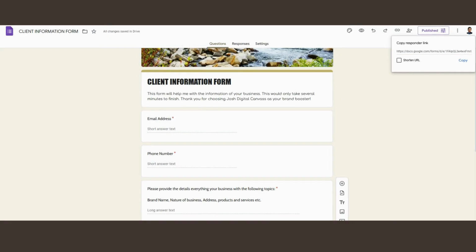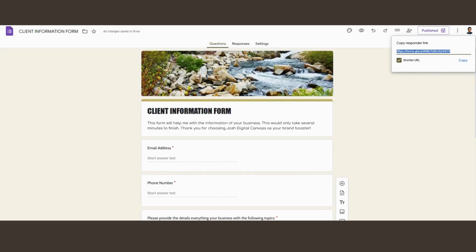So after you publish it, it will give you the link. Let's say you want to shorten it, it's up to you, right? Shorten it, because it's not nice to have a very long link. So just a shortened URL. And this is the link that you're going to give to the client, and when he clicks this link, this form will appear on his screen, and that's the time he will start inputting his details.